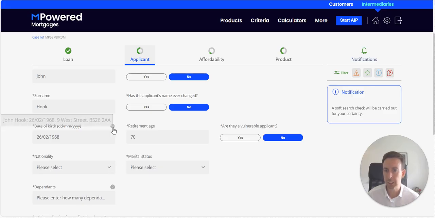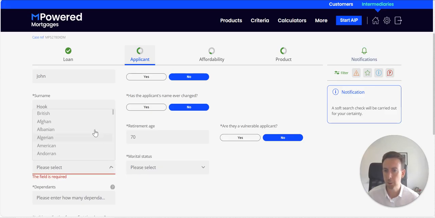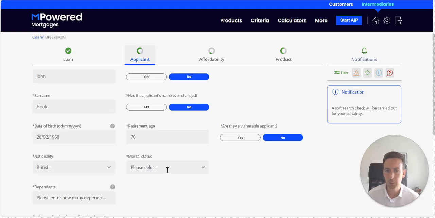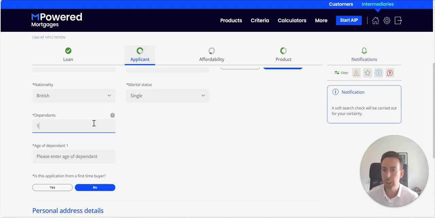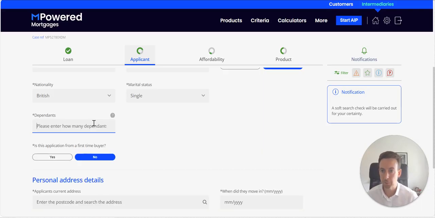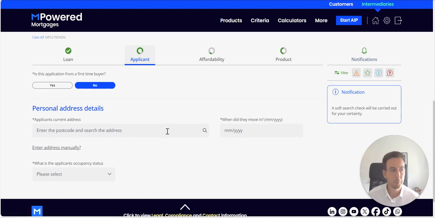We then need to select the nationality for the applicant, which we're going to put down as British, and then the marital status as single. You then need to declare if they have any dependents, and on this occasion we're going to say no. However, if they did have any dependents, you would then need to declare the ages as per the next section. We'll then select that the applicant is not a first-time buyer, and then we need to put in the applicant's